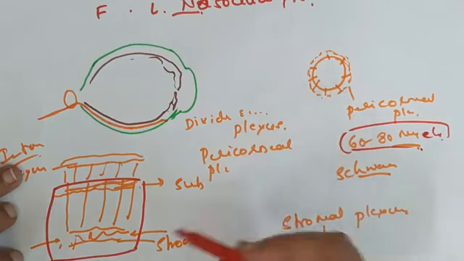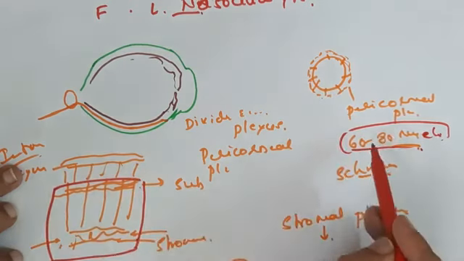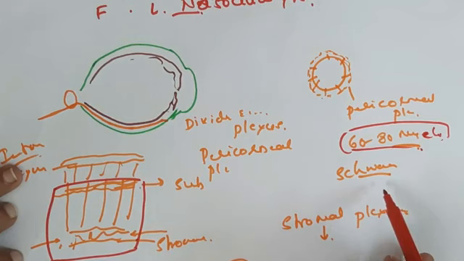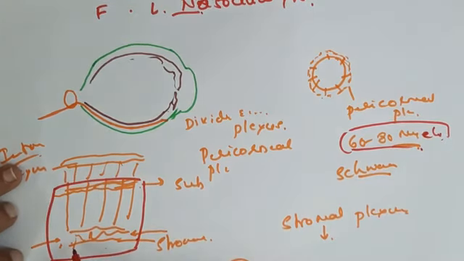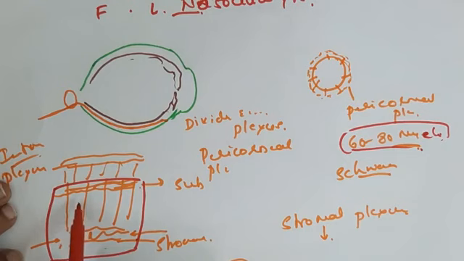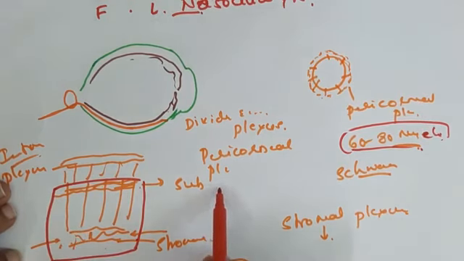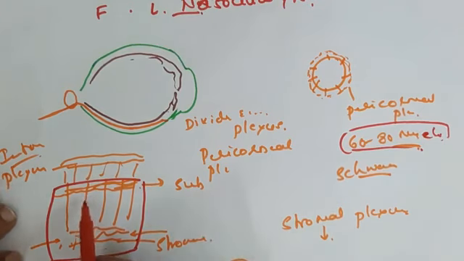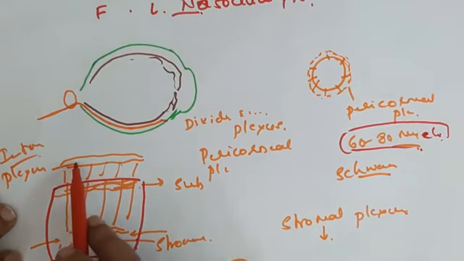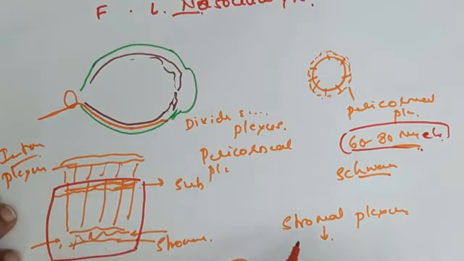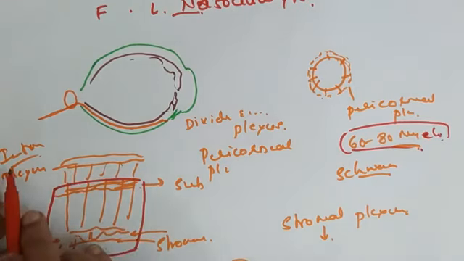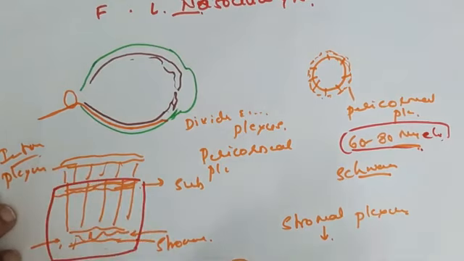When they move to the stroma of the cornea, they lose the myelin sheath, but still they have the Schwann cells. In the stroma, they form the intrastromal plexus. Again, they move anteriorly in the subepithelial region. They form the subepithelial plexus. Here also they have the Schwann cells, but when they move further into the epithelial layer proper, they lose the Schwann cells also and become naked and form the intraepithelial plexus. So this is about the nerve supply.